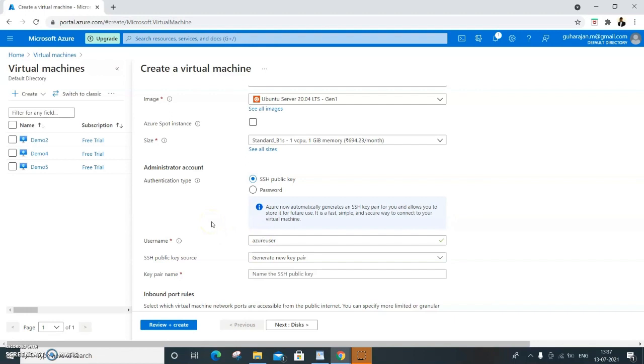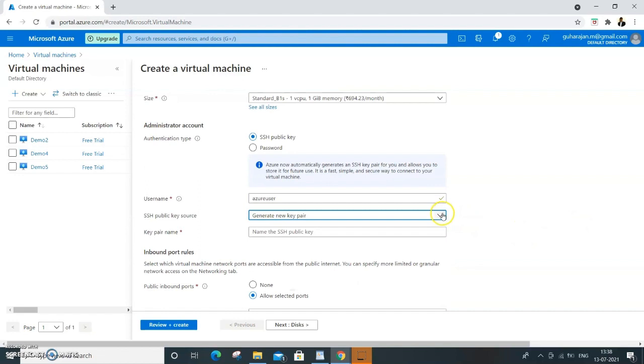Let's now look at how to create a virtual machine, Linux virtual machine. Earlier we saw using the generate new key, which the Azure itself will create a key, and that needs to be downloaded, and we need to refer that key while connecting through the Windows environment PowerShell. So instead of Azure creating, there is another option of use the existing public key. So in that case, we need to create a key, a public key and a private key,